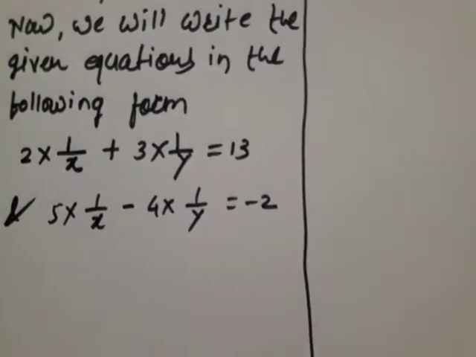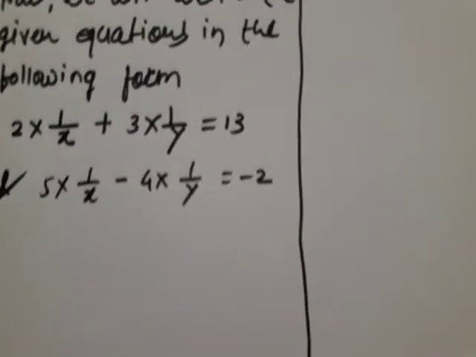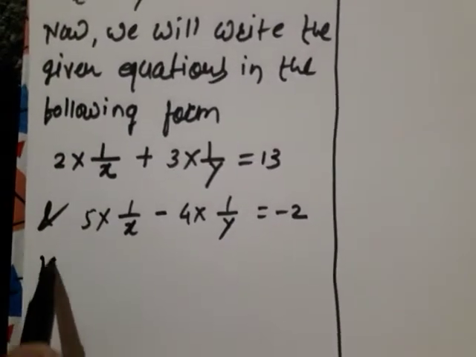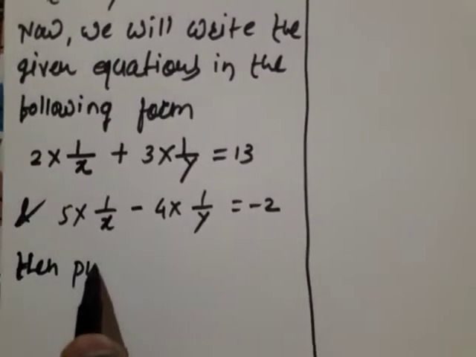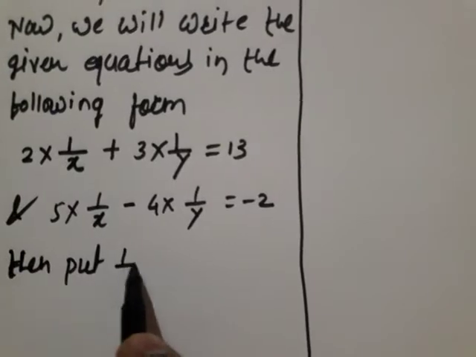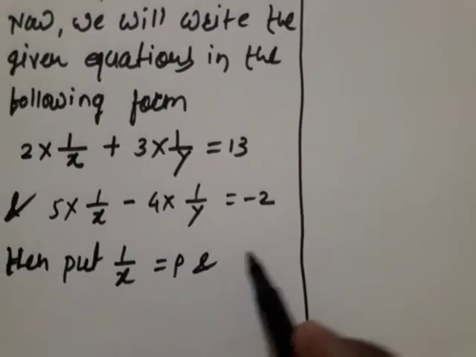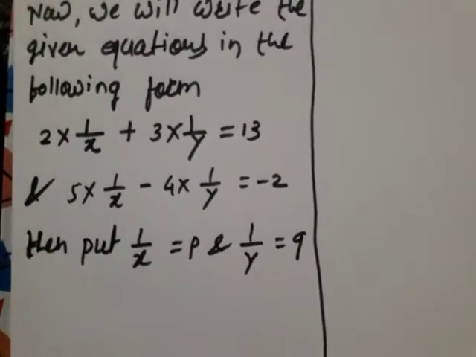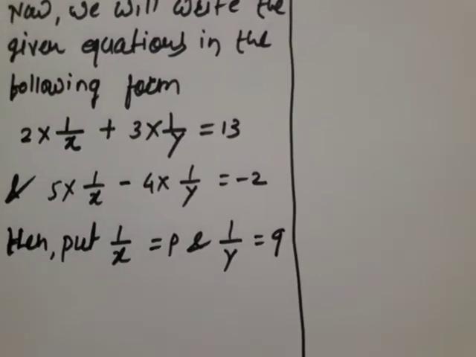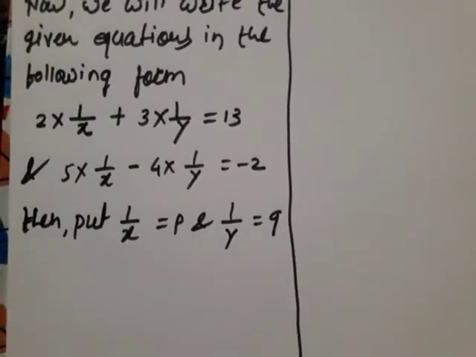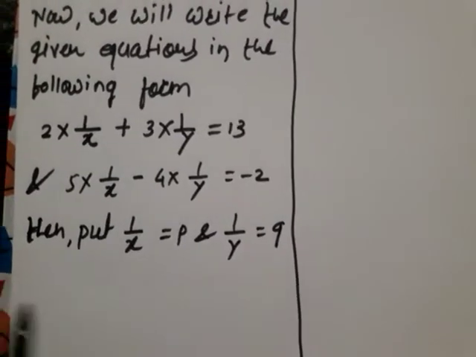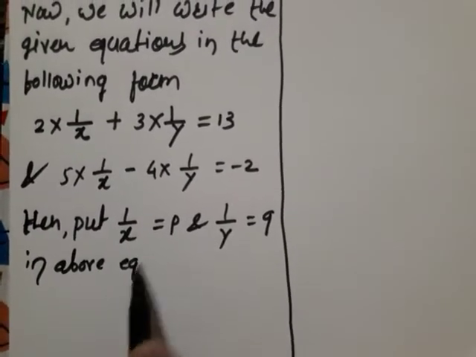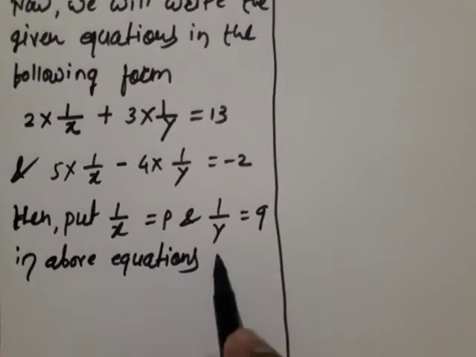For that purpose, we will take the next step. What is the next step? Look here. Then put, what we are going to put, look here, 1 upon x is equal to p and 1 upon y is equal to q. Then put 1 upon x is equal to p and 1 upon y is equal to q in above equations. Where we are going to put? In above equations. We get,